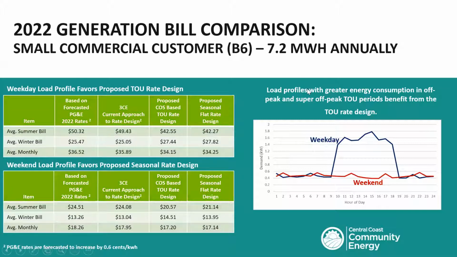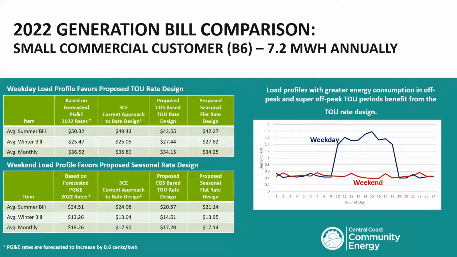You see it's the exact same customer. All we've done is change that PG&E rate forecast by an increase of 6 cents, so about half. And again, we'll know better in July when they file their ERRA filing, and we'll have a better understanding of what that adjustment may be. But you can see for these customers, it's not that dramatic of an impact relative to the average monthly bill, because they're using a fairly small amount of energy. But as they use more and more energy, that 0.6 cents difference really does start making a big dramatic impact relative to the forecasted PG&E monthly bill.